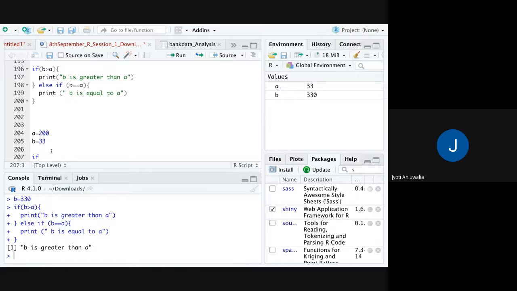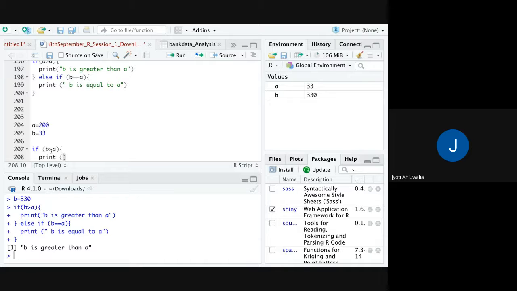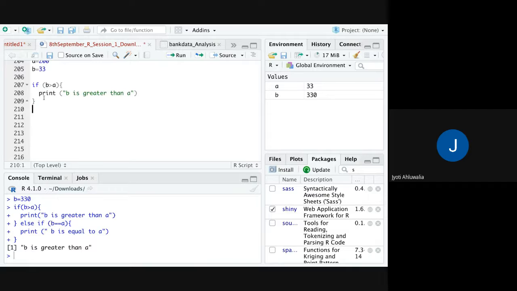We say if, in brackets, B is greater than A, curly brackets, print B is greater than A. I close the curly brackets and then say else if A is equal to B, curly brackets again, then print B and A are equal.